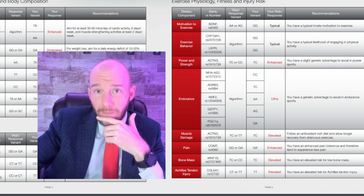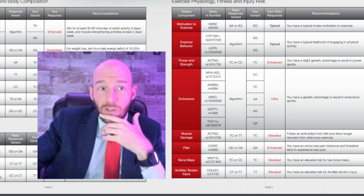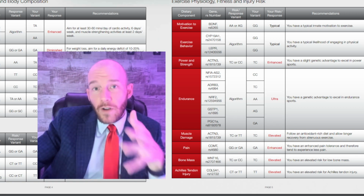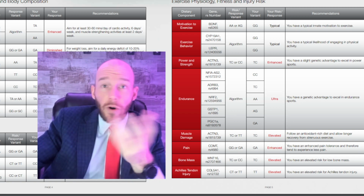So last thing I'd say here is we don't sell your data. We're not gonna clone you. The only way that anybody would be able to have access to a person's genetic information is, well, hopefully you're not about to go murder anybody anytime soon, because, well, if your DNA is somewhere or your blood's somewhere,